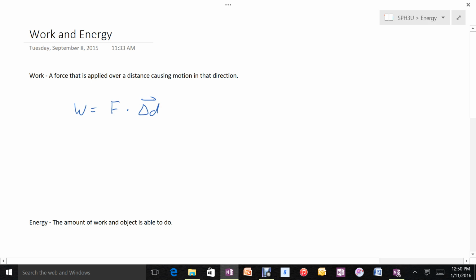Now, an interesting thing about work is that the force only does work when it is parallel to the displacement. So if I have some object of mass m, and I pull on it with a rope, let's say angled up at 30 degrees, and I apply this force, and let's just assume this is a crate sitting on top of a floor. This crate moves over a certain amount of distance,